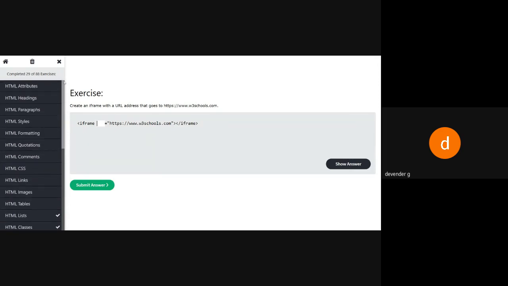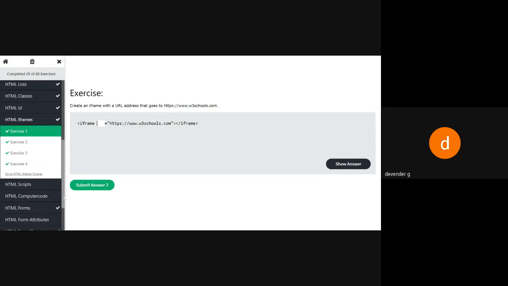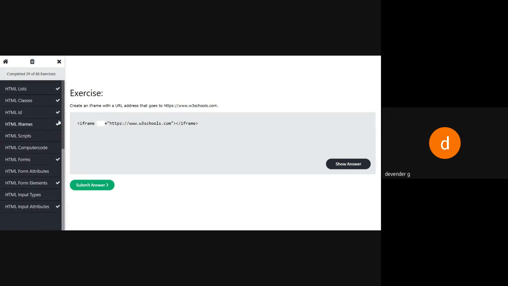We have come across the attributes, headings, paragraph styles, formatting, quotations, comments, CSS, links, images, tables, lists, classes, id, then forms, form attributes, form elements, input types, input attributes. So altogether we have covered it. Up to this, do you have any doubt regarding HTML? So with this, we'll be finishing our sessions.